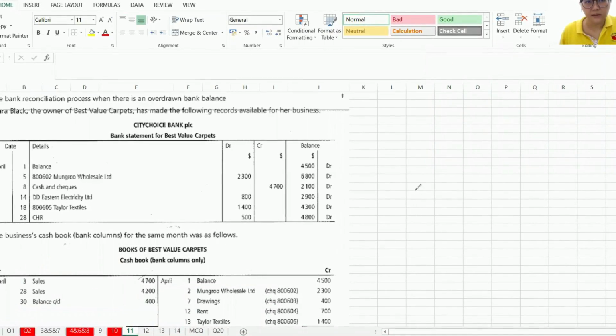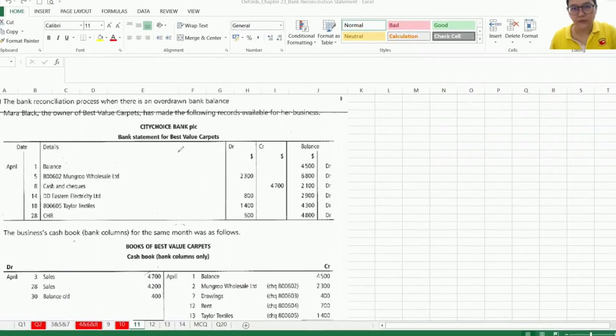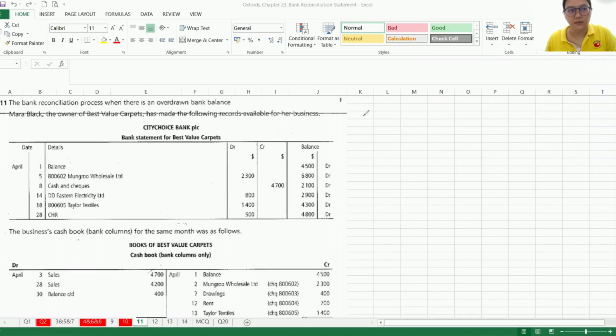Continue the part three for the bank reconciliation statement. Okay, question 11. The bank reconciliation process where there is an overdrawn. This time it's an overdrawn of the bank balance, which is we have the debit balance for the bank statement